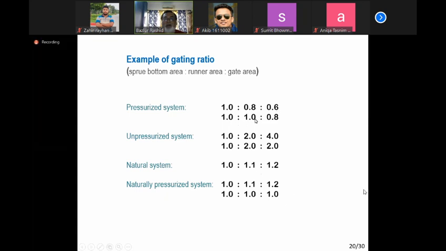1:0.8:0.6 অথবা 1:0.8। আনপ্রেসারাইজ সিস্টেমের মধ্যে 1 to 4, দিস ইজ দ্য কমন আনপ্রেসারাইজ সিস্টেম। আমরা ডিজাইন করার সময় হয়তো এই সিস্টেম, এই রেশিওটা ইউজ করব। ইট ক্যান বি 1 to 2 অ্যাজ ওয়েল। ন্যাচারাল সিস্টেম যেটা, সেটা হলো স্লাইটলি ইনক্রিজ করা হচ্ছে, 1.1 মানে 10% ইনক্রিজ অল দ্য ওয়ে। সো এটার চেয়ে আবার 10% বাড়ানো হয়েছে এখানে। সো 1.1, 1.2। সো দিস ইজ দ্য ন্যাচারাল সিস্টেম। আর ন্যাচারালি প্রেসারাইজ মানে এর চেয়ে একটু কম করা হচ্ছে, যেহেতু প্রেসারাইজ করা হচ্ছে সো এর চেয়ে একটু কম। সামটাইমস আমরা এটা ইউজ করি, অথবা ইভেন এখানে 1.1 থাকার কথা ছিল, এখানে 1 করা হয়েছে, এখানে 1.2 থাকার কথা, এখানে 1 করা হয়েছে। সো খুব একটা মডিফাই করা হয়নি, জাস্ট প্রেসারাইজ করা হয়েছে। সো ন্যাচারাল সিস্টেম, ন্যাচারালি প্রেসারাইজ সিস্টেম কাছাকাছি।